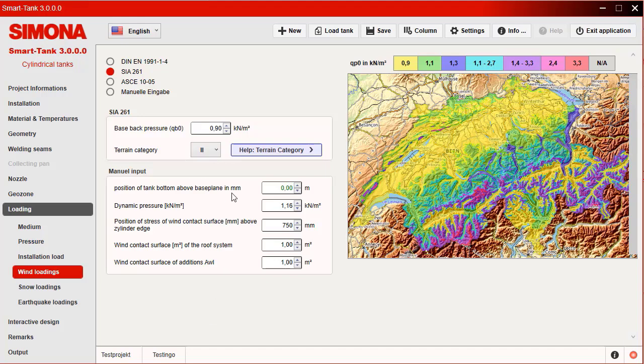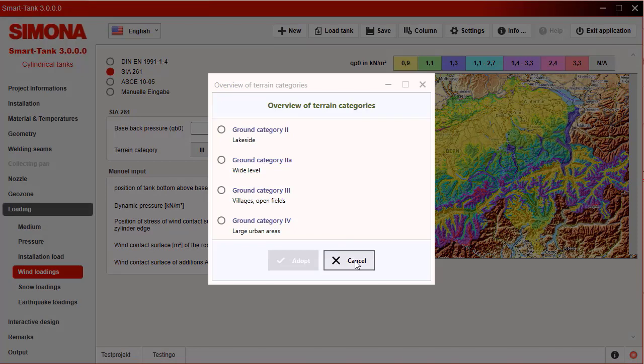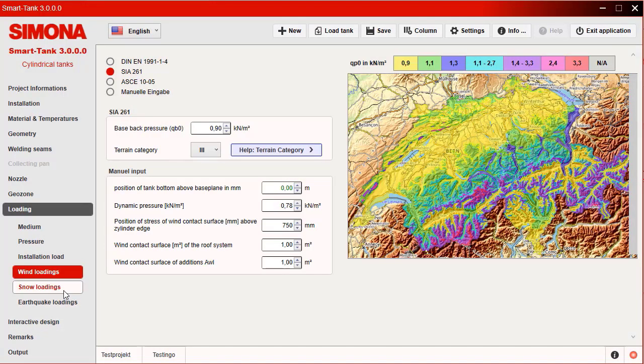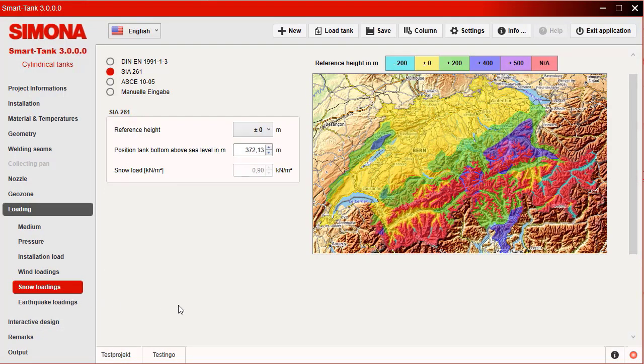When entering wind loads, the SIA 261 does not recognize any zones in the actual sense. Instead of a zone, a dynamic pressure dependent on the location must be entered and a terrain category selected whose definition differs slightly from that of the Eurocode. For the calculation of the snow loads, a reference height must be selected and the height above sea level specified.